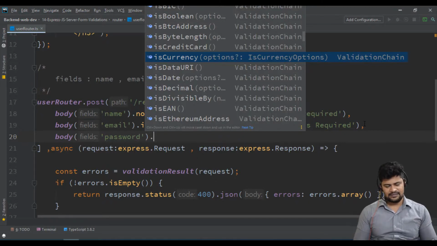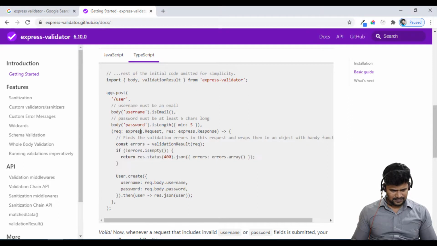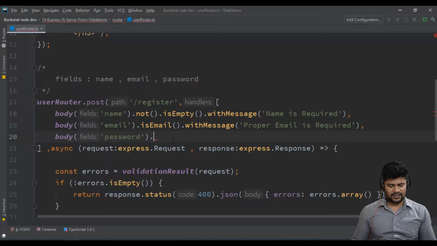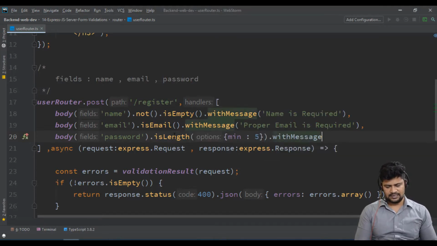So this verifies the length of my password. So dot isLength, minimum 5 characters, dot withMessage if that fails: minimum 5 characters required for password.